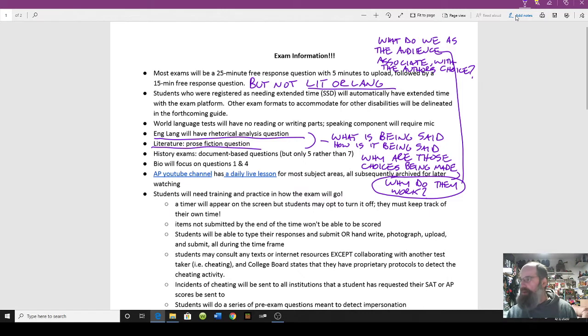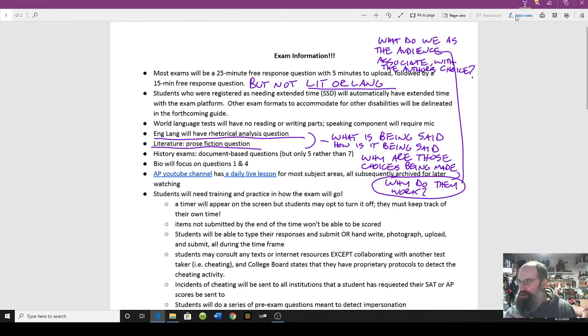It's reader response. So if a writer makes lots of choices around dark comparisons and dark diction and short sentences, well, we associate that with a certain kind of tone. So be thinking about this question: why does the author make that choice?